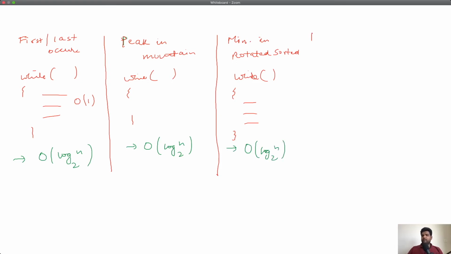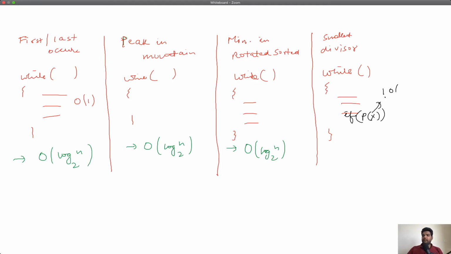Fourth question, if you see the divisors question, the smallest divisor question. Now it's a little tricky here. You have a while loop, but you are not doing constant time operation in all the lines of that while loop. Specifically, if you try to recollect the decision part where you are computing the predicate, that predicate computation is no longer order one time, right?